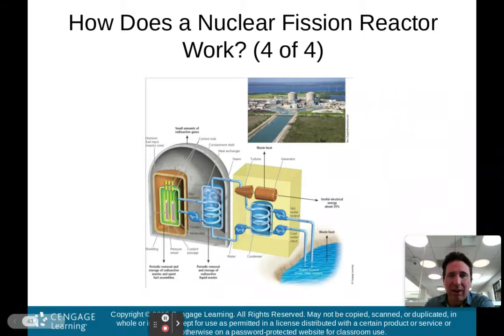And again, what are we looking at here? Again, more of what we're looking at with this nuclear fission reactor. I have seen some test questions where they do ask you to explain how nuclear fission reactors work. So definitely understand a little bit about what's going on this page. Again, we have the cool water input that comes in here. Over here is where you have your control rods that control the fuel. You have hot coolant that then goes into here. This then produces steam that goes into here to run the turbine, which then goes into a generator, which then puts out the useful electrical energy.